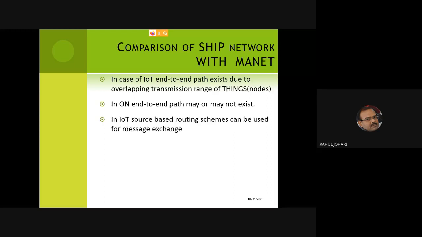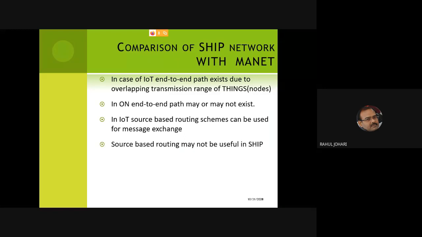In IoT, source-based routing schemes are very useful for message exchange because if the position of the node is fixed, the node is not moving around, so it helps in the quick transmission of the messages. Because of that, we can say source-based routing schemes can be very useful. In the source-based routing scheme, the entire path from the source to the destination is well known in advance. So transmission of the data becomes very easy. But in a dynamic network where mobility is induced and the nodes can freely move around, the delivery or routing of the message in such a network is a challenge.